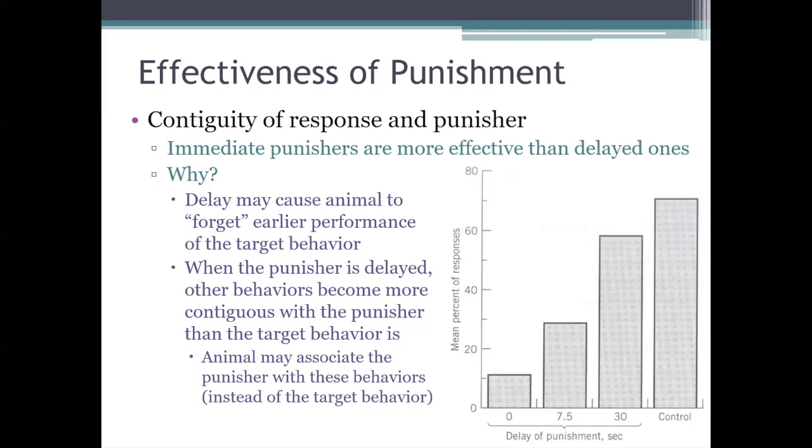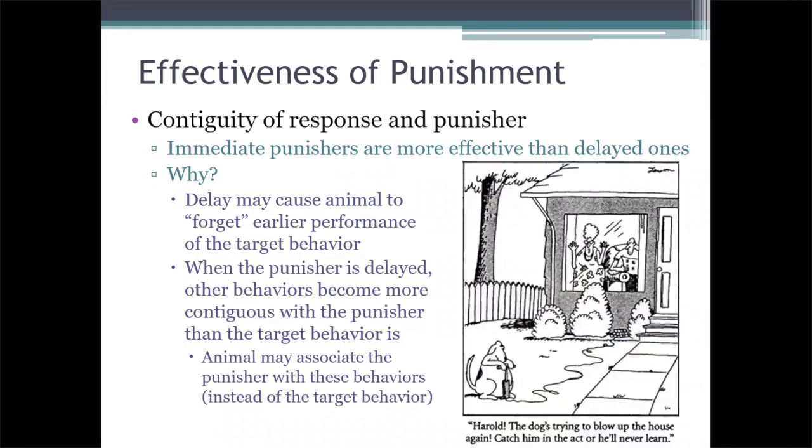So, in other words, the animal could sort of come to a false conclusion, kind of like we talked about with superstition, that it's actually this other behavior that caused the punisher to occur. So, guys, this is why it's really important when you're housebreaking a pet, when you're sort of potty training a pet so that it relieves itself outside rather than inside, that you catch it in the act, so to speak.